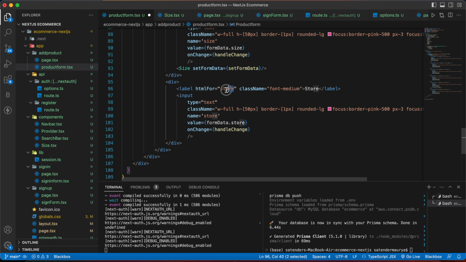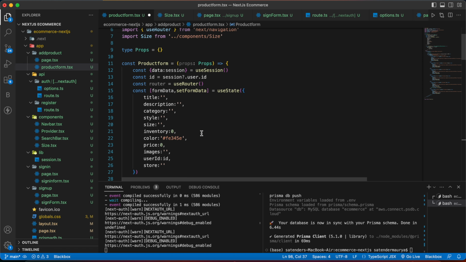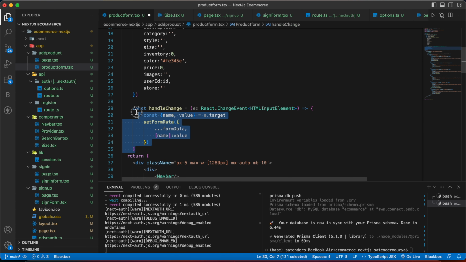Inside that now change this to inventory, and this one too to inventory, and the type will be number. And for this input we are going to define a separate function. So below this function let's just copy this